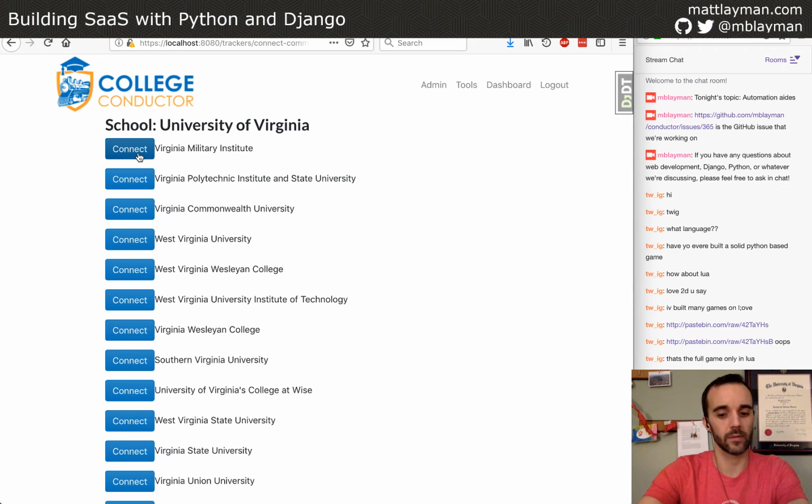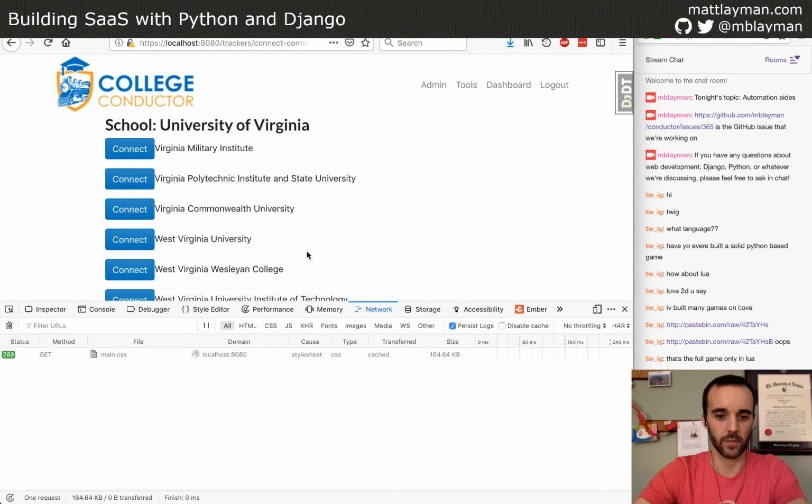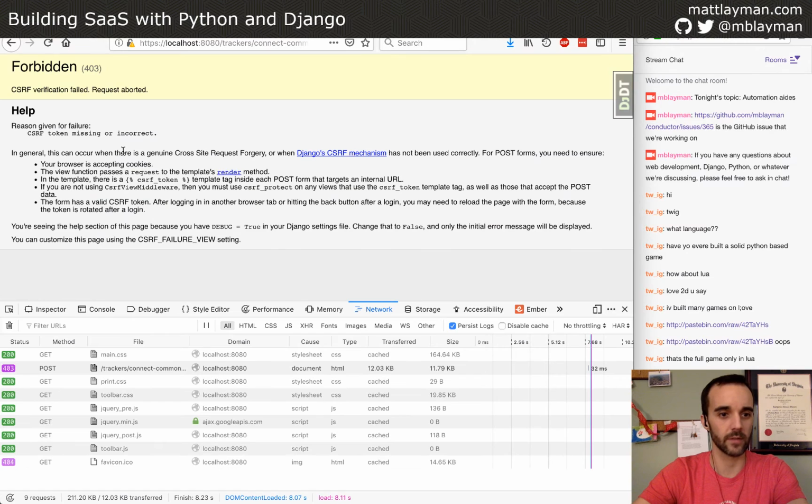And what happens, let's bring up the inspector. Let's bring up the network tab, and I'm going to persist the logs. I'm going to click this and see if I actually did it right. Oops, okay. So we got our first thing that we have to deal with. The Django web framework has something called CSRF, which stands for cross-site request forgery.